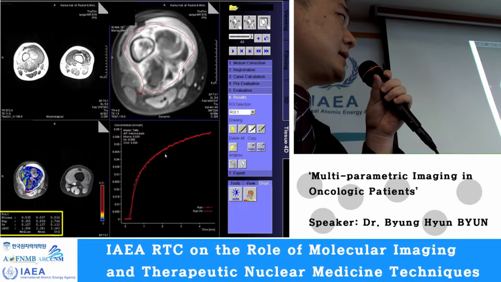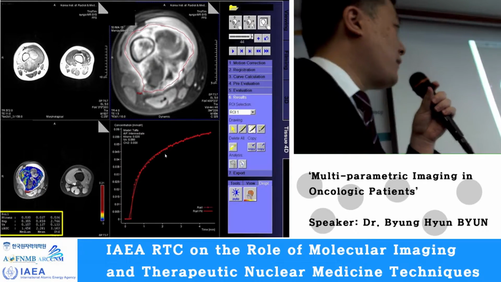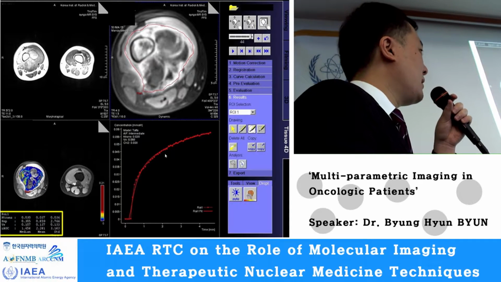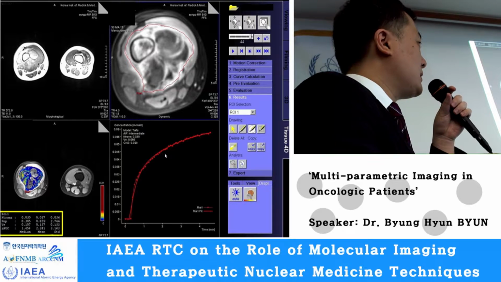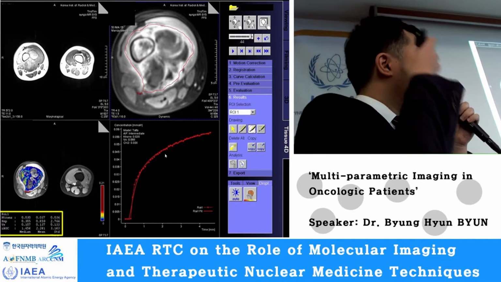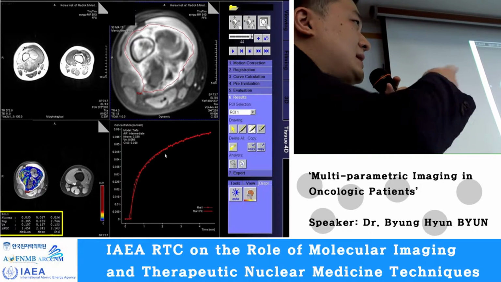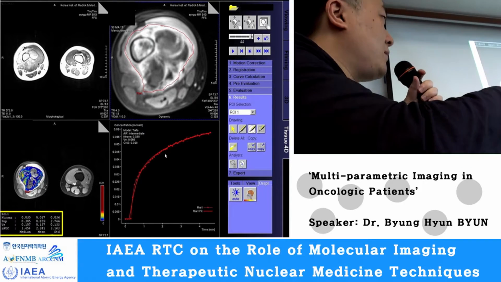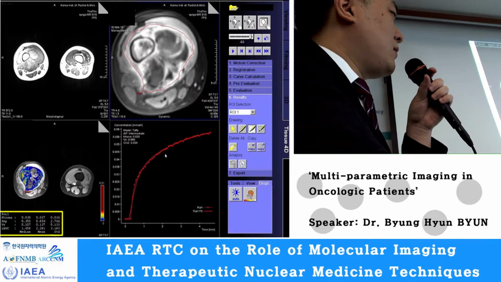I will show you a case. In our institution, we performed dynamic MRI imaging in this patient. This patient has osteosarcoma in the right femur. Maybe the same patient as I showed before. The tumor shows enhancement here, and we can draw the